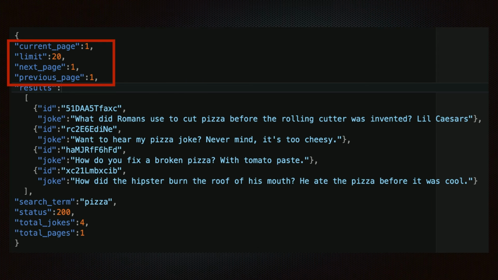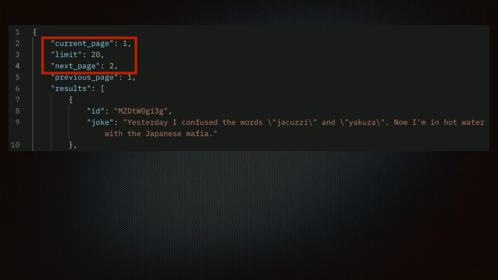Back to the dad jokes for one more thing. You see the concept of pages of results. Either you or the API itself can specify the number of results to return at once. This is called pagination. When you get to dealing with hundreds or thousands of records in a response, it will be paginated. Different APIs have different strategies for accessing multiple pages of results.